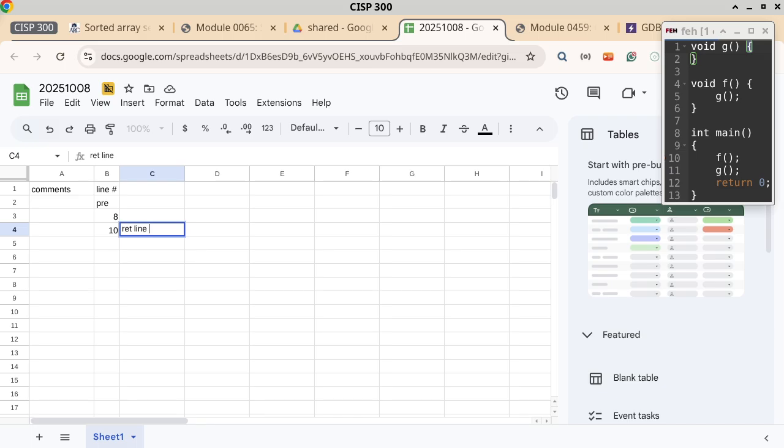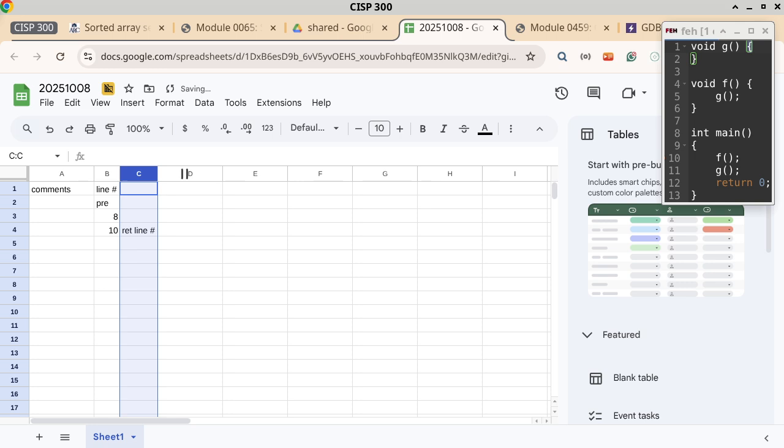So now we allocate, we label the column according to what it is supposed to do, because later on we will realize that we allocate columns for a whole bunch of reasons. Return line number is just one of them. So we have to label this. I like to boldface it. You don't have to. And then the column is going to be used to remember where the callee or the called function is supposed to return to, which in this case,